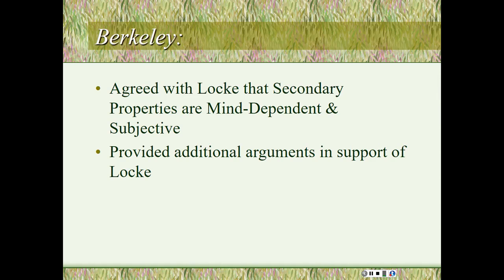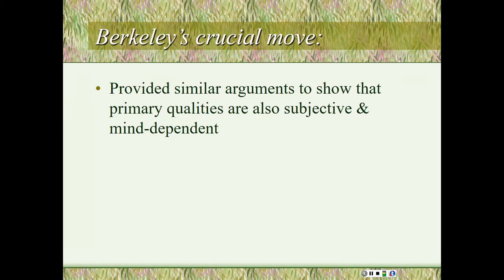So where does Berkeley go from here? If he just stopped here, his view wouldn't be any different from Locke's. But what he does is he provided similar, parallel arguments to show that what Locke thought were properties really in things independently of perceivers, those primary qualities, Berkeley said, I can provide similar arguments to show that even they are subjective and mind-dependent. And here's an example, and the reason I chose this one,